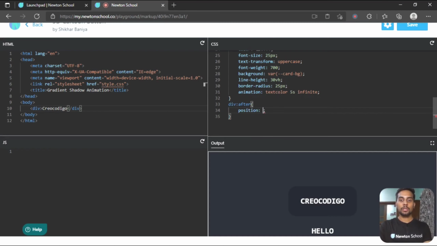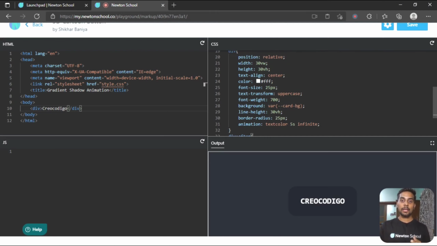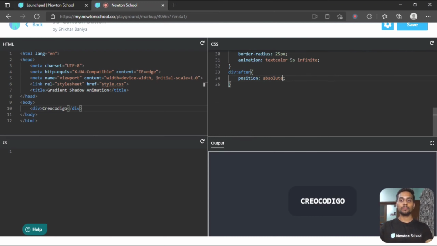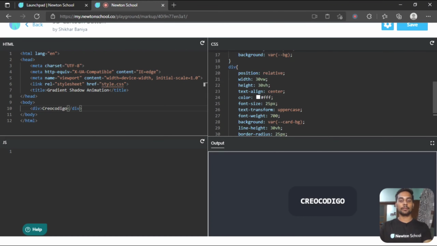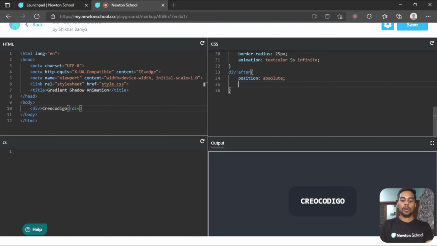Let's add position absolute, so it will adjust its position relative to its parent. Its parent is this div and we have specified position relative. I don't want any content, so this will be 0.